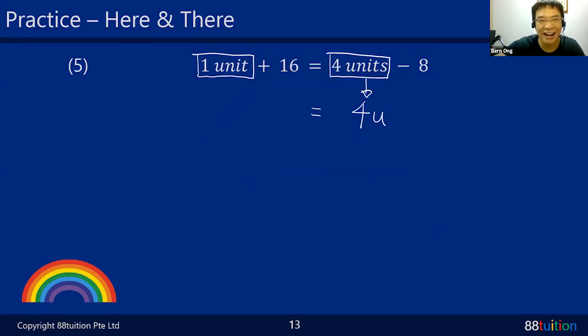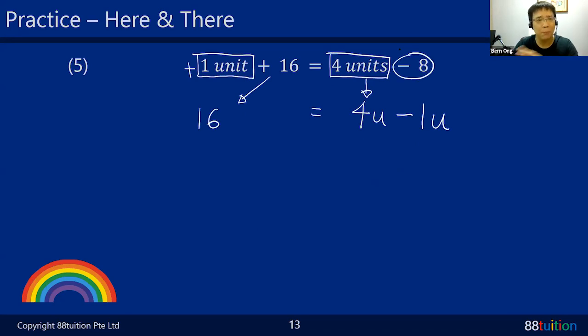Okay. All right, so down here, 4 units, right? Heavy one, you don't touch. 1 unit in front is a plus. Plus 1 you bring across, minus 1 unit. Okay? Who is left down there? 16 is left down here. Put the 16 down here. Here, minus 8. I don't want the minus 8 here. I want to push it to the other side. Minus 8 bring across is a plus 8.